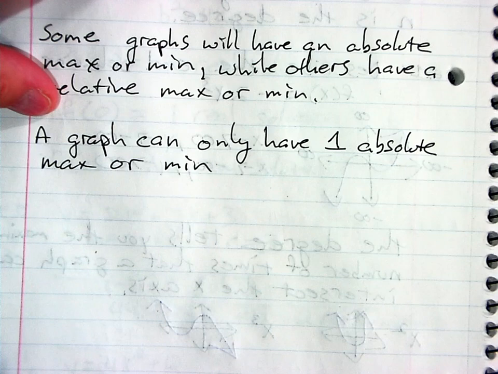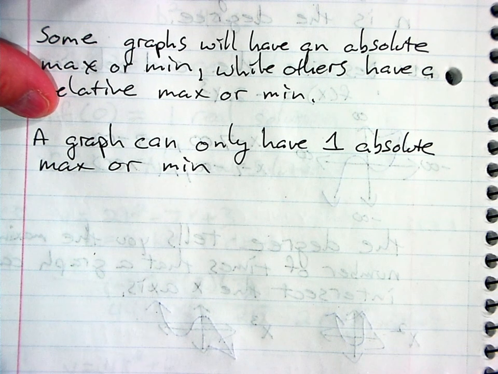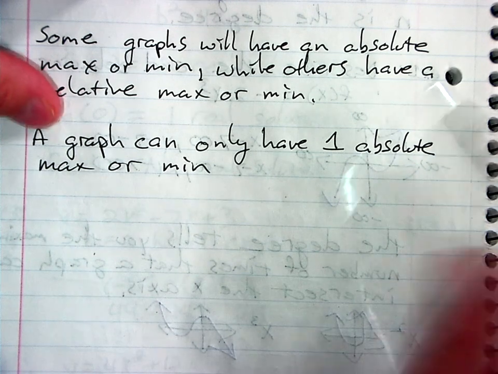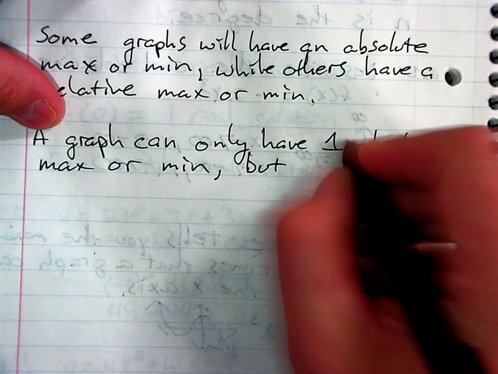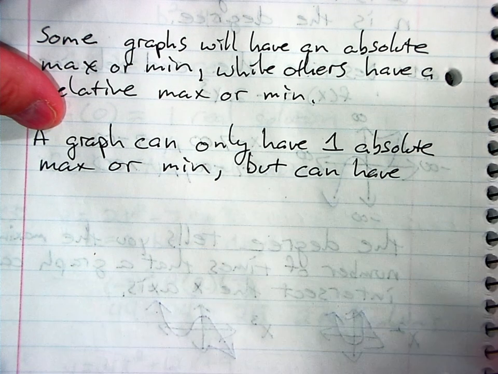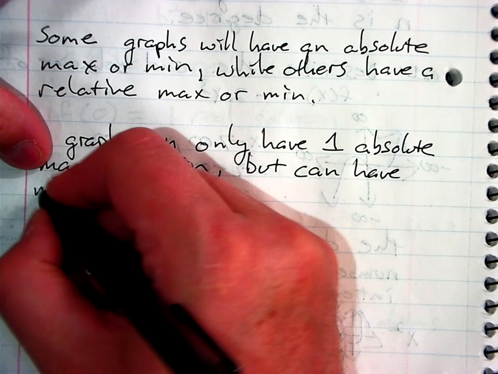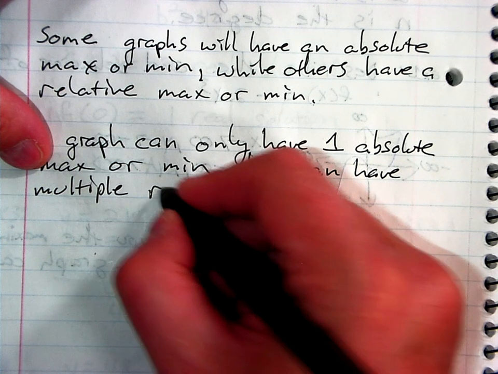Triangles? Maybe, but that's not a function. A triangle's not a function. Also, a circle's not a function either. A graph can only have one absolute max or min, comma space, but can have multiple relative